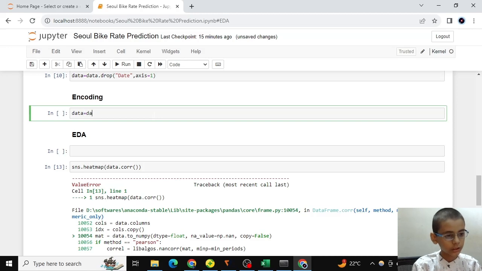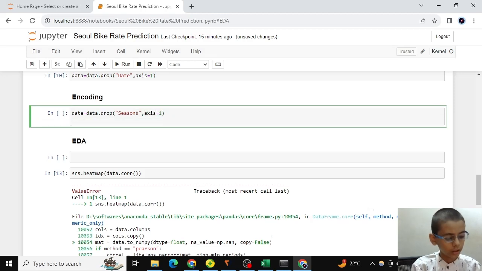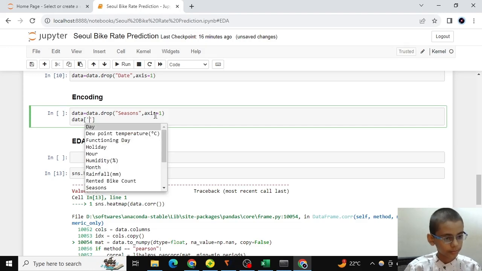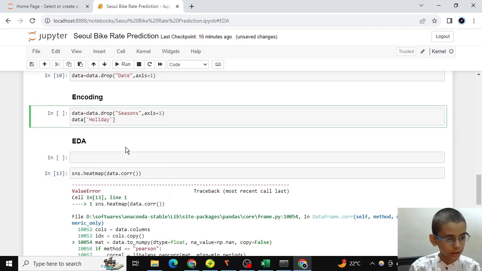So data is equal to data.drop seasons, comma axis is equal to 1. Then data.holiday is equal to data.holiday.map with a dictionary.